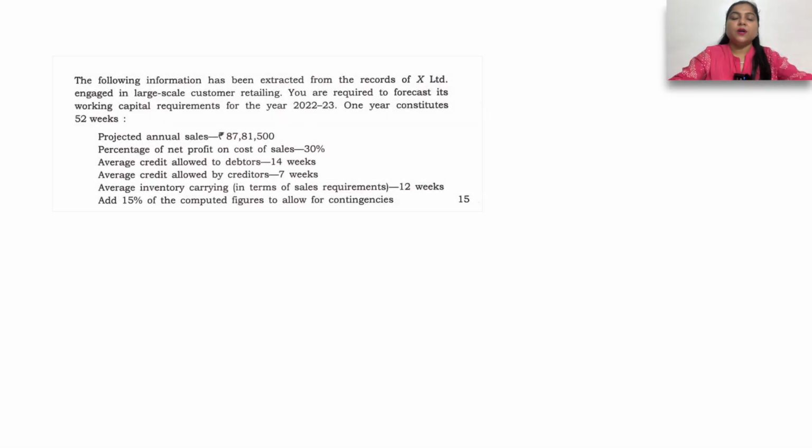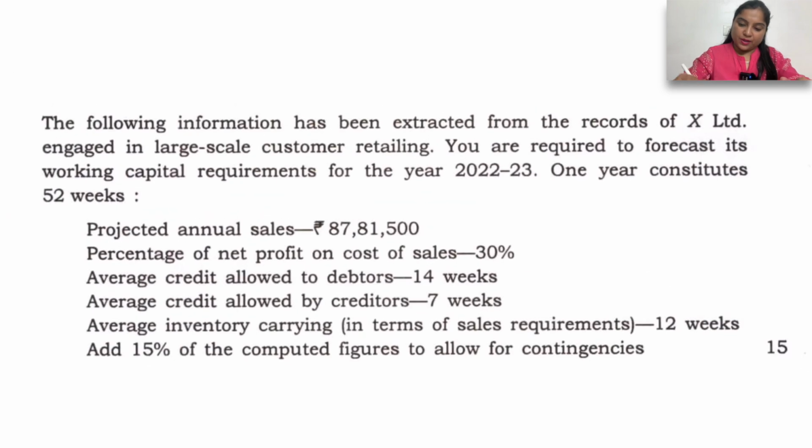Hello everyone. Today we are going to solve one more numerical from 2023 paper 1 question number 6b. So let's discuss the question, then I will connect you with the subject and the topic. The question is, the following information has been extracted from the records of X Limited engaged in large scale